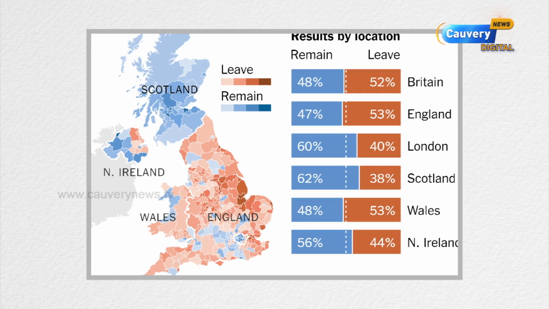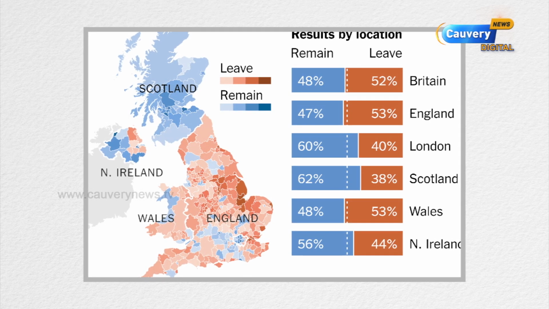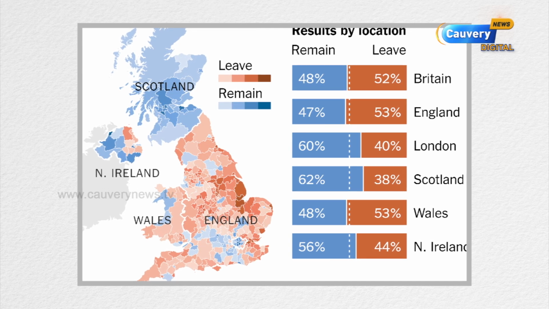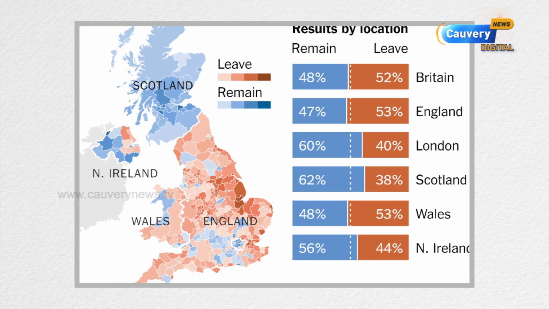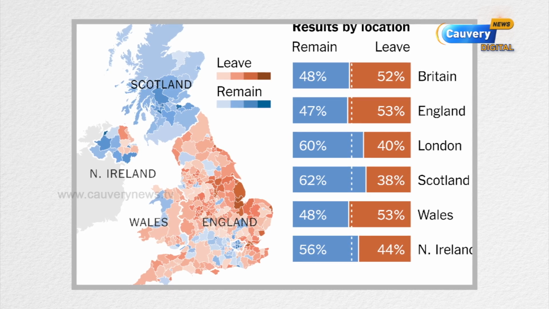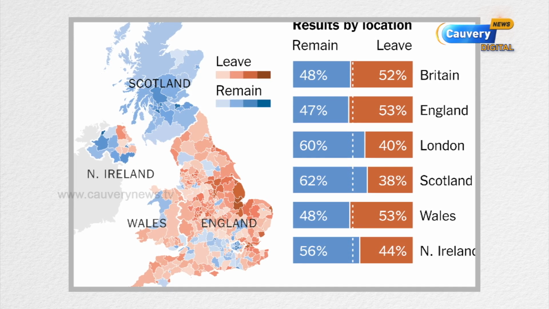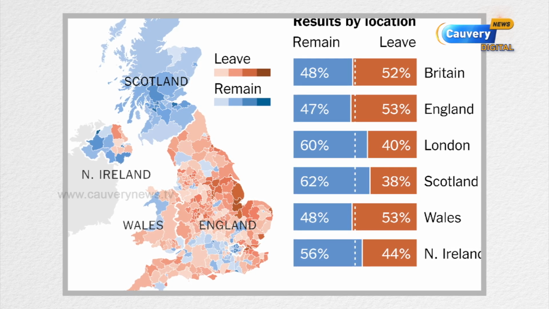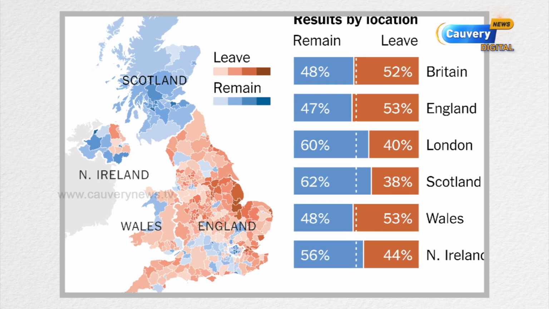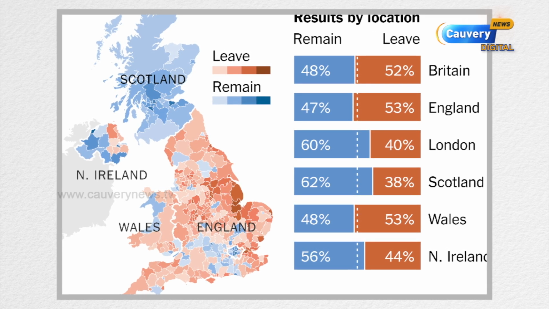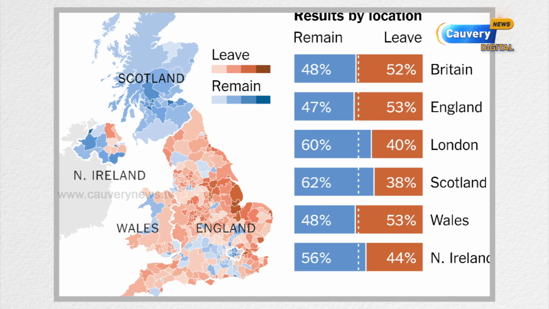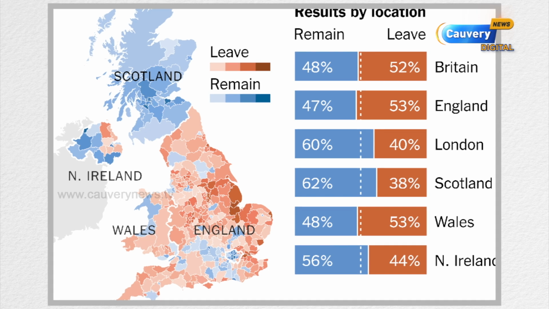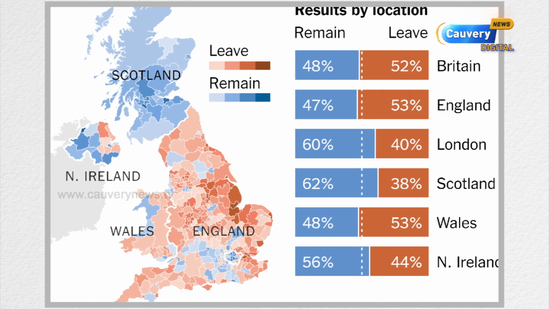A referendum was held in the UK in June 2016, and they shocked the world by voting to leave the European Union, which they joined in 1973. They felt that the EU was expensive, out of touch, and a source of uncontrolled immigration. In that poll, 17.4 million people opted for Brexit. The decision to leave the European Union was taken after the 2016 referendum. The vote's result affected global markets and caused the British pound value against the American dollar to fall to its lowest level in 30 years.